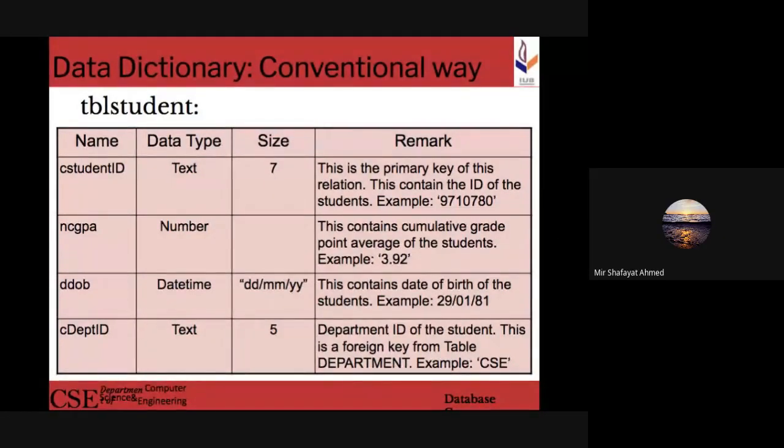So, like the first table today, you kept it capitalized, student, but it is always lowercase for the data dictionary TBL table. In the data dictionary table we will represent it this way: TBL, always student in lowercase, for the data dictionary table, not the actual table in the physical database. So that there is no confusion with the table that is in the database, plus the student relation in the relational schema design, we'll name it as TBL student, representing the fact that this is actually a table, the student table, and all lowercase, telling us that this is the data dictionary table,